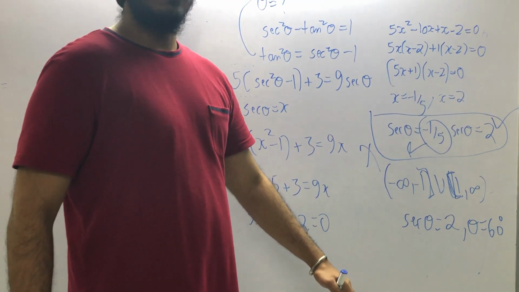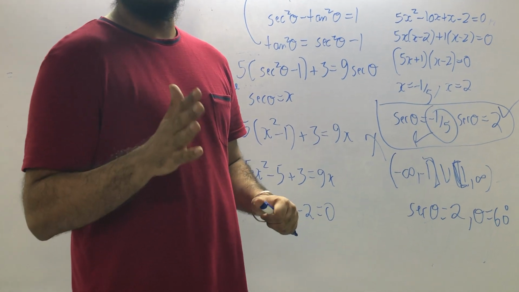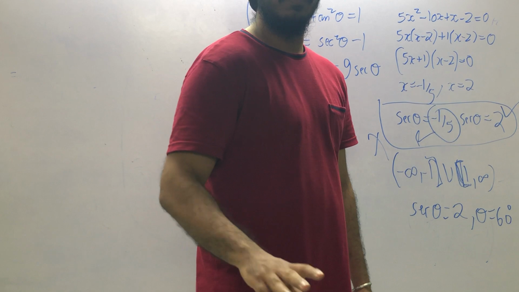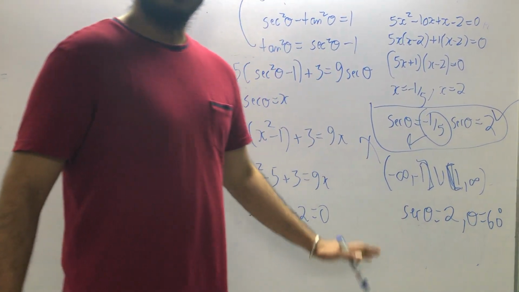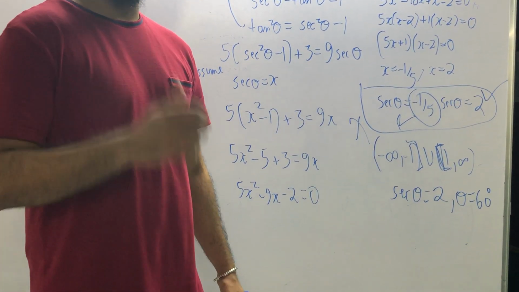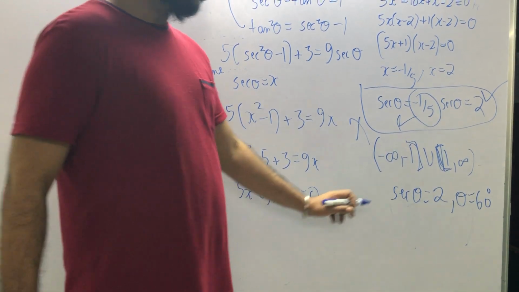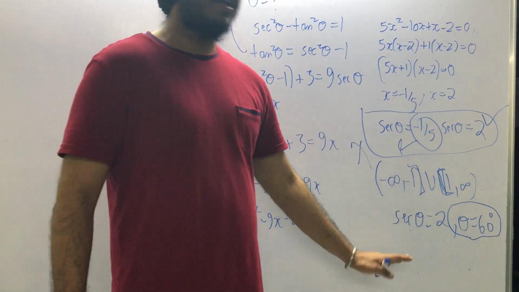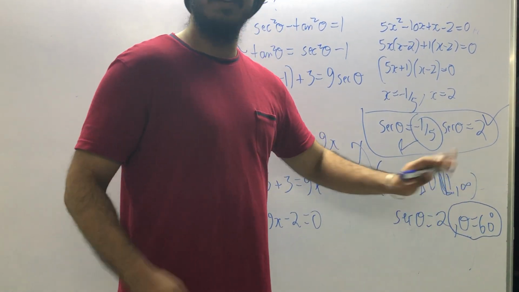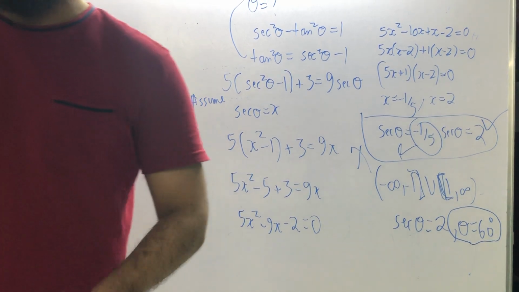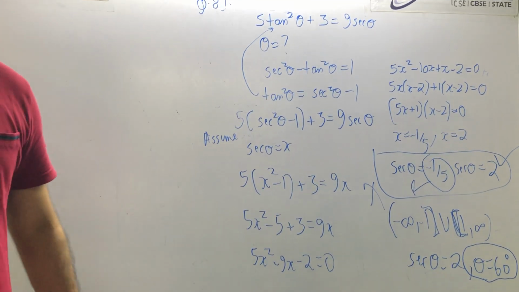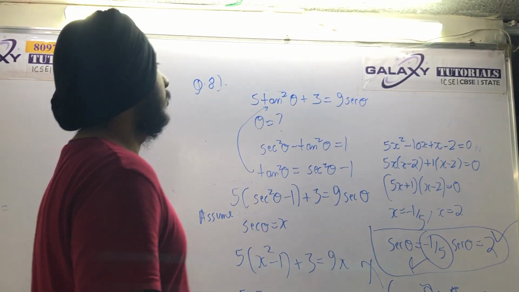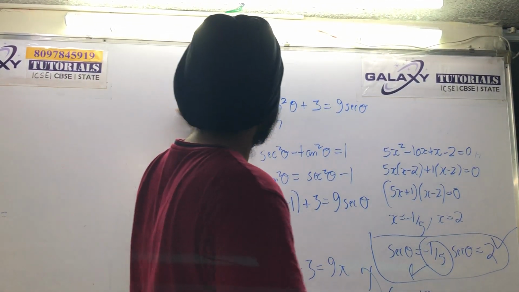Basically, if you don't remember the sec table, just invert this and find where this value lies in the cos table. Because the inverse of sec is cos, so cos theta is equal to 1 by 2. Where does 1 by 2 lie? At 60 degrees. So the answer will be 60 degrees. If you remember, then sec is 2 at 60 degrees. If you don't remember, just find the inverse, which is cos, and you should all remember the values of cos. Now, this was the 8th question.